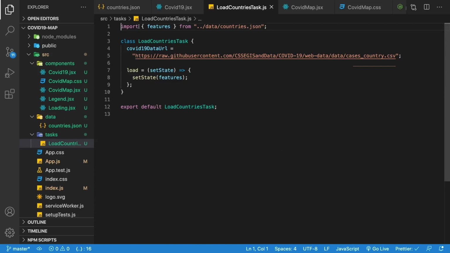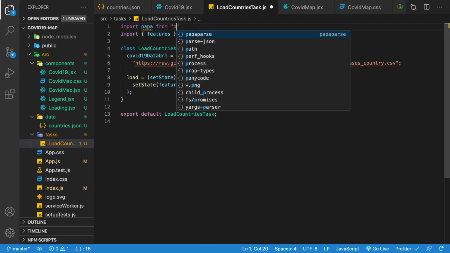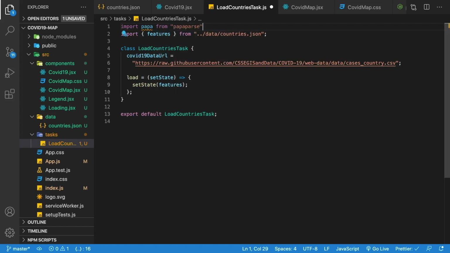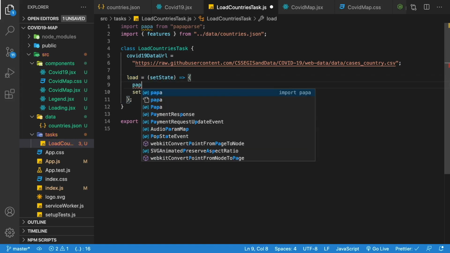To use Papa Parse, we're going to import it at the top of the screen over here. So import Papa from papaparse, simple like that. Then what we're going to do is down over here in our load method. So the load method right here, this is where we're going to use Papa Parse. So let's do this above the set state. And we're going to do